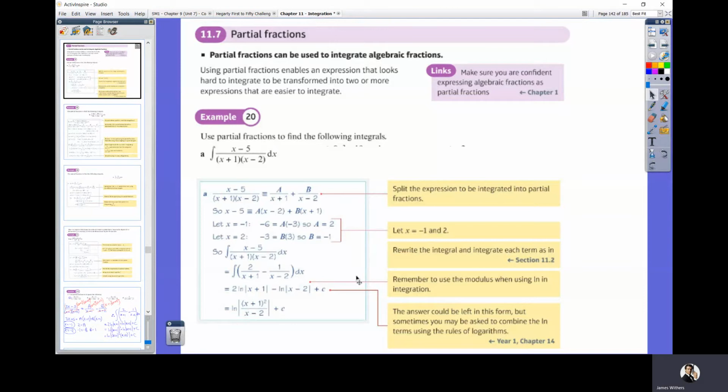Today is just setting the scene for the work that I scheduled for this week. There's very little teaching involved. So we're nearly there now. My plan is that we finish all the teaching this week. So we've got 11.7, partial fractions, as the next bit to look at, which I foresee being today's lesson and